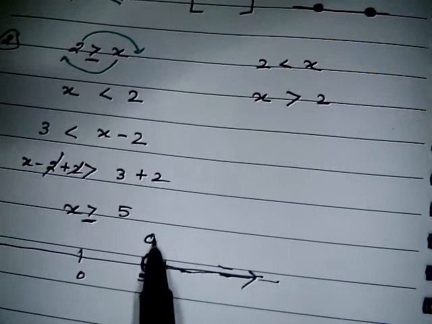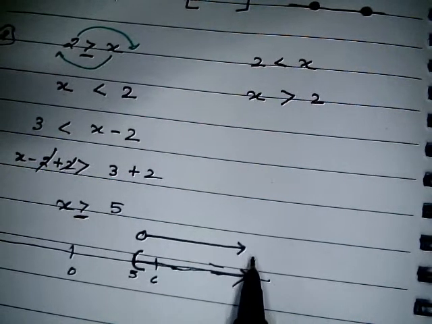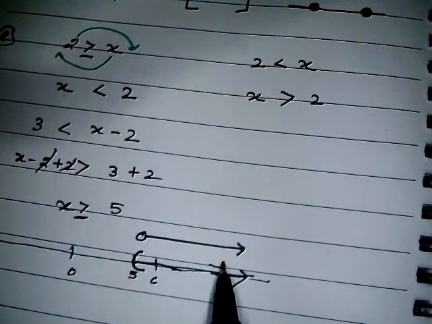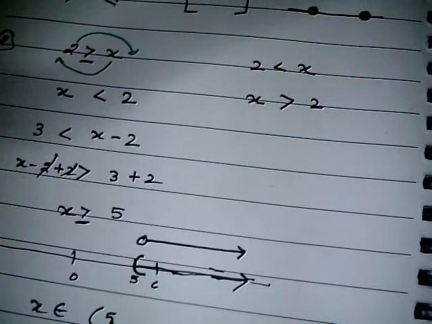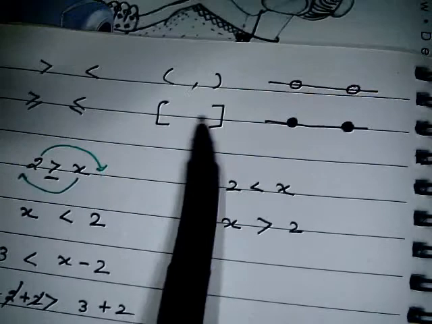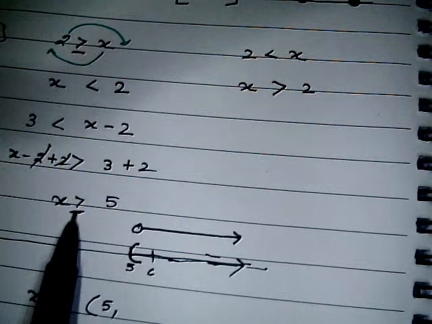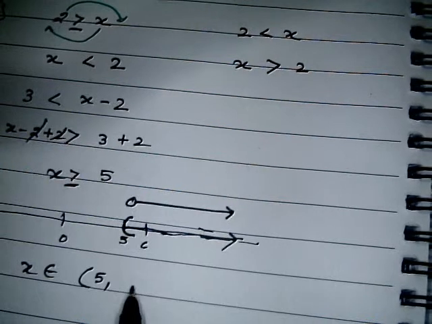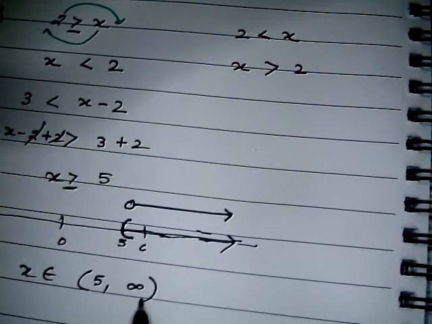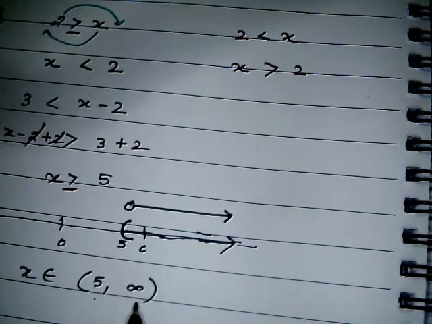Why? Because in this direction there is no definite or fixed point. Till there you are going to move. So if it is indefinite, then we need to make an arrow. Okay, and how will I write the set notation? It starts from 5. Because it's a greater than sign, I use the simple parenthesis, and in this direction there is no definite point, so it goes up to infinity. So I'll write infinity and close the parenthesis. Whenever the infinity sign is there, on either side, that side will always be a parenthesis. Okay, so I have explained all of it.